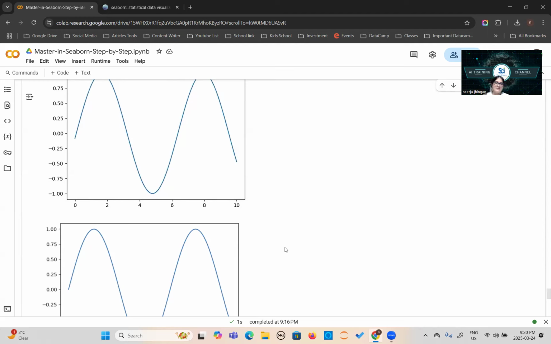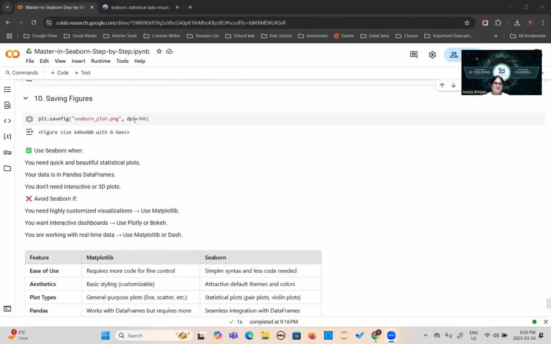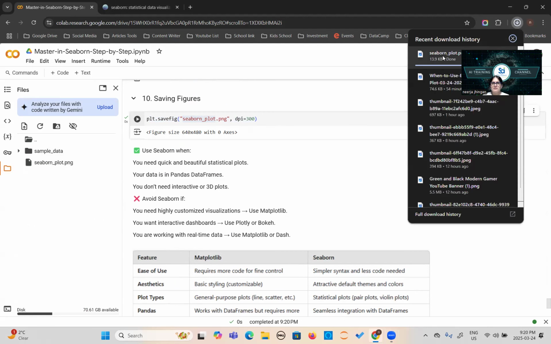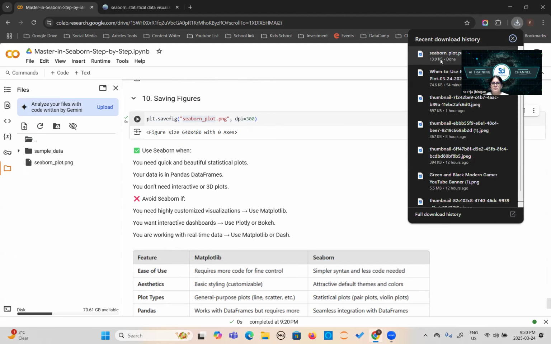Okay, and then we will move ahead with the comparison. Okay, the last one, how you can save your graphs. You can use plt.savefig, and then the plot name, dpi equals 300. It will save the graph, and you can see here we can just download. Okay, and then if you click on that,